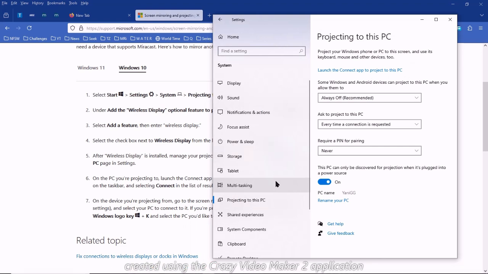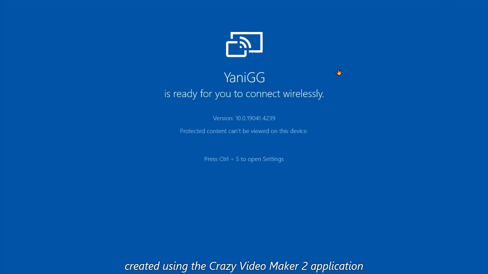So then, when you are ready, on your cell phone you click that search for display devices, and when it's searched, you click this launch on your PC, and on your cell phone you will get your PC name. Just click your PC name and